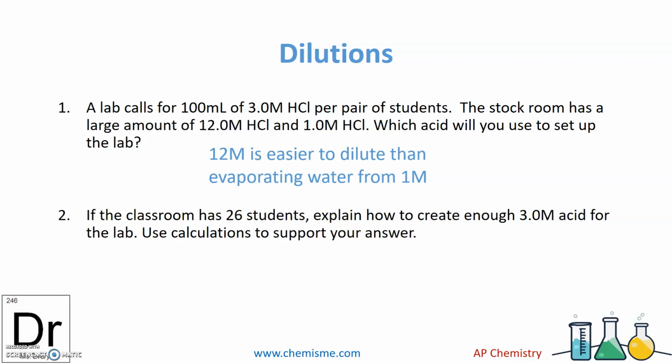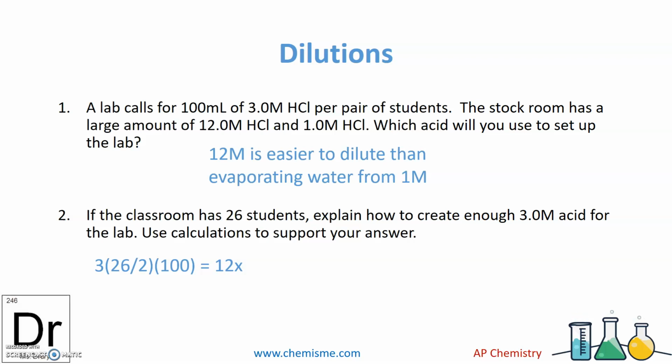I would recommend pausing the video to do this. So what we know is that we want a 3 molar solution, and we need 26 students' worth, but they're working in pairs of students, so we really just need 13 amounts of them, and each of those needs 100 milliliters. So we need 13 hundreds, right? I showed it as 26 divided by 2 times 100, but really you can write 1300 if you like,